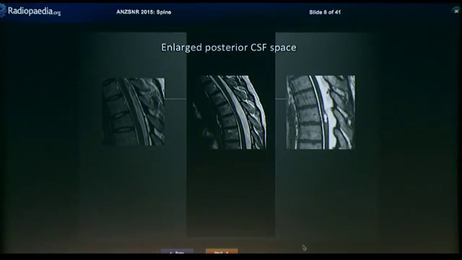So the next group I would like to talk about is a group of patients who present with some form of myelopathy, and on initial imaging, the thing that you most notice is that the posterior CSF space is enlarged. Now,